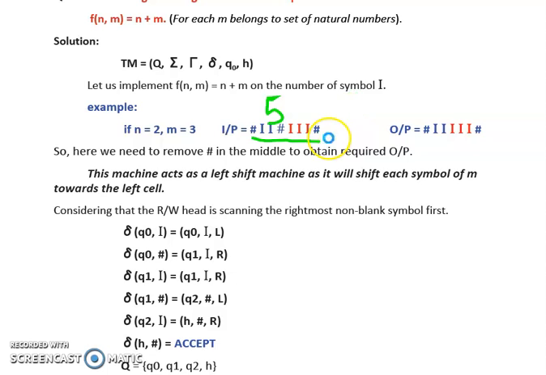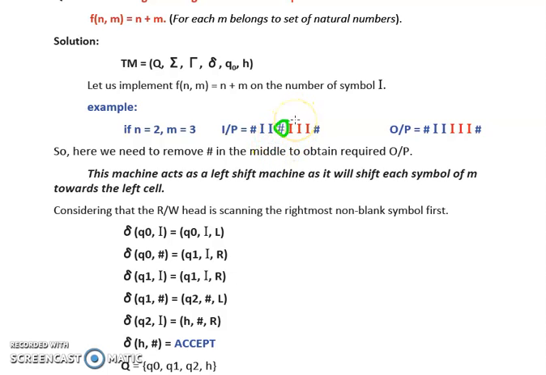Now if we check the difference between our input and our output, we will find that the only difference is that this particular hash is not present in our output, because we require 5 consecutive I's, and this hash has to be removed. In order to remove this particular hash from our input, we need to replace it by some other value. So what can that value be? If we delete it directly, there will be a blank space created. That means it is a hash itself, so we cannot replace it by a hash.